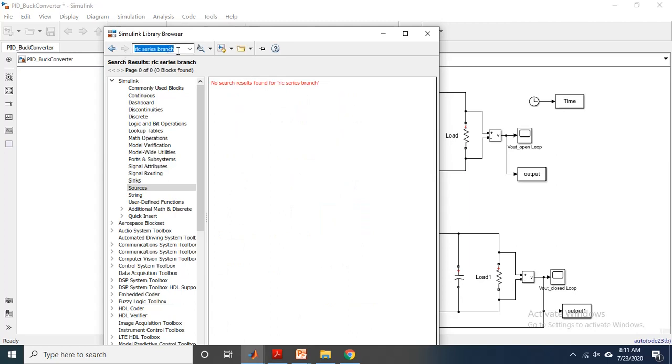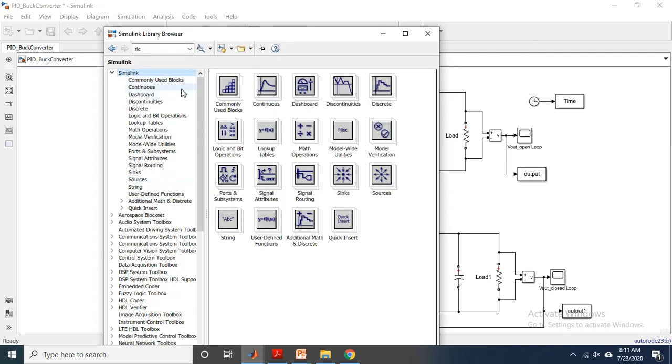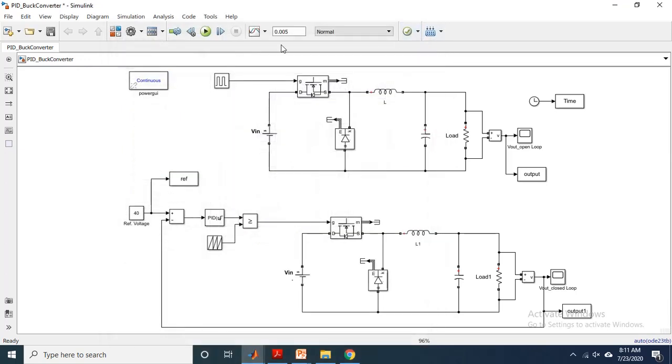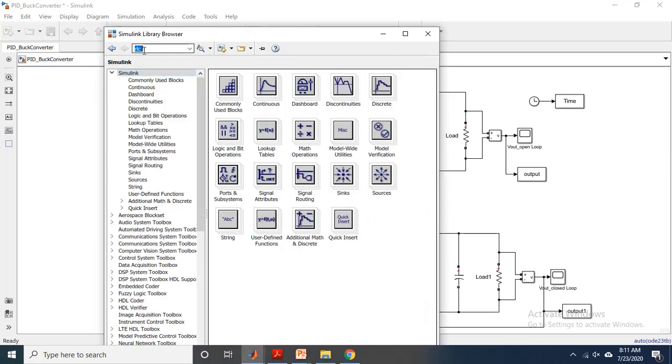If it is not showing, you can just type RLC series. If it is still not showing, just type RLC. Okay, something has happened. Let me see another time. Yeah, this is the RLC.